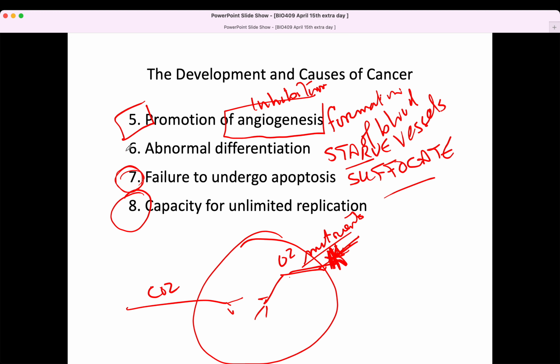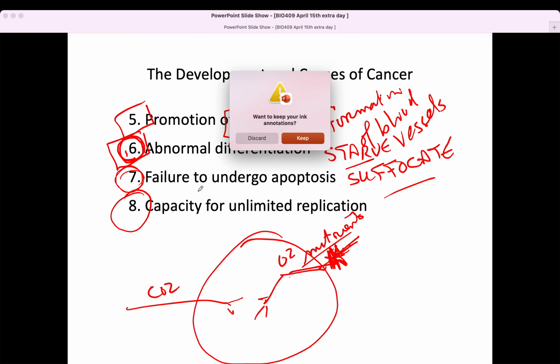The last one isn't true of all cancers, but it's a good example for us to talk about, and that is that the cells have abnormal differentiation. So it's a good one for us to talk about because it has some relevance for our stem cell biology that we're learning about, and also,